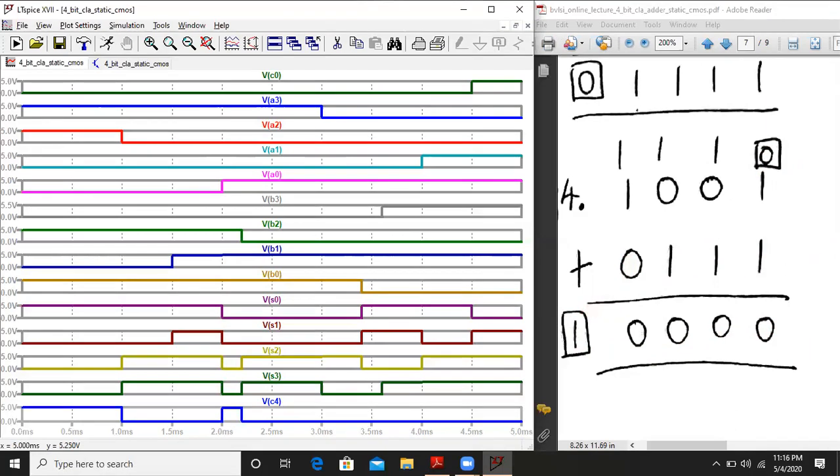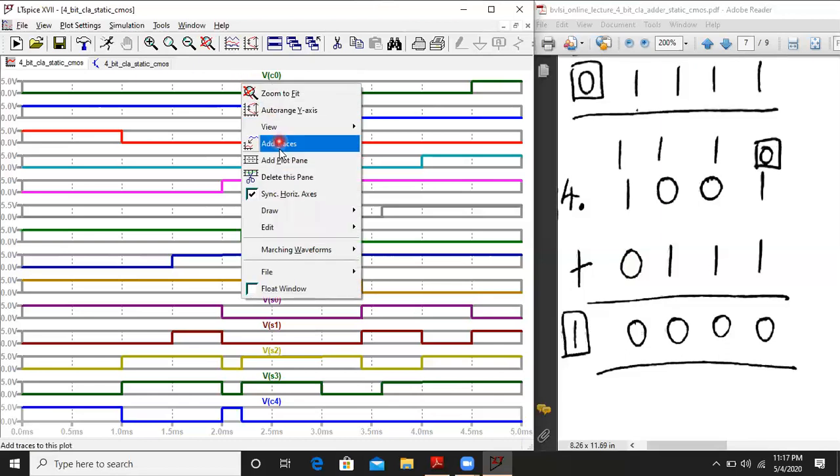Let us check by adding these two numbers. 1 plus 1 is 0 sum and carry 1. Again 1 plus 1 is 0 sum and carry 1, and again, and again. So yeah, it is also working, and in this case the carries are also generated. Only from 2 to 2.2 milliseconds the carry bits are also generated.